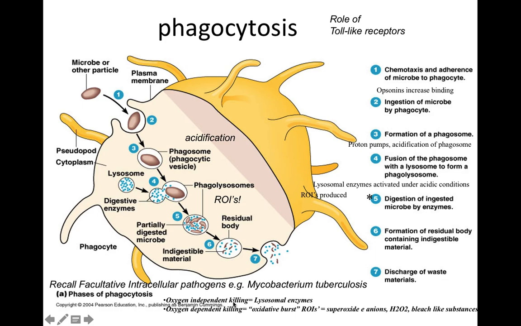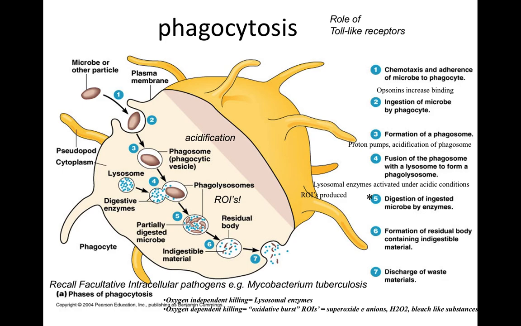This is kind of like the first punch of a 1-2 punch, right? If somebody's attacking you and you're trying to punch them in the face, the first punch maybe doesn't knock them out, but maybe the second one will. So the second punch in this phagocytic killing is called oxygen dependent killing, because it requires a massive consumption of molecular oxygen. It's sometimes called the oxidative burst or respiratory burst. And this again is really cool. In the membrane of the phagolysosome, there's an activated enzyme system that will start making those incredibly powerful toxic reactive oxygen intermediates. And you might remember, in the microbial growth unit, we were talking about some of those,